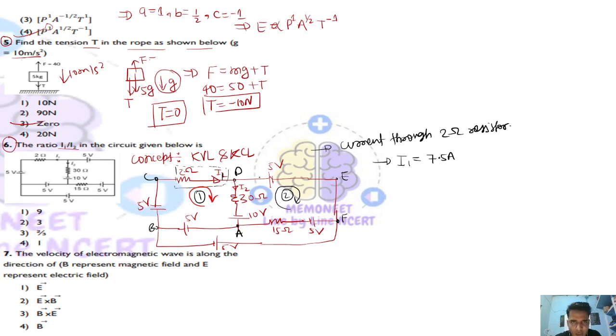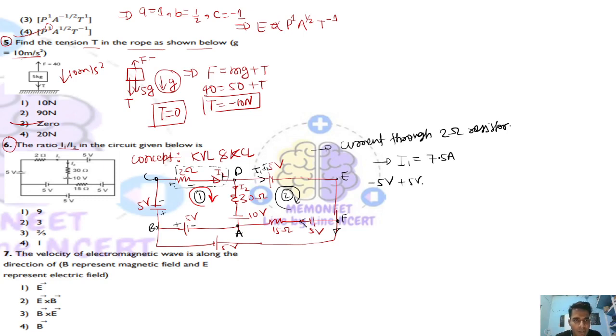Like I1, I2, here it moves as I1 minus I2. It will go in this way, and some current will go here, and some current will go here, and you can easily find out. In the first loop, you can easily write it like it's minus, it's plus, it's plus, it's minus, it's plus, it's minus. So when you're moving here, you get minus 5 volt, plus 5 volt,